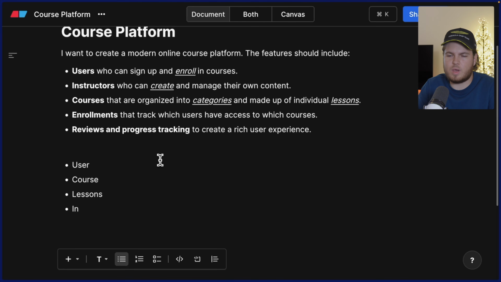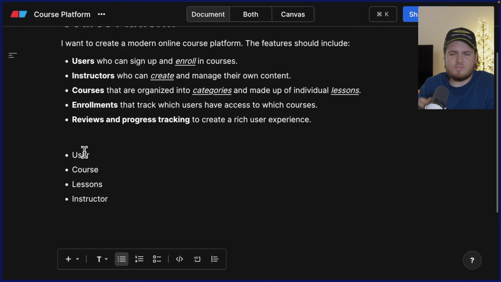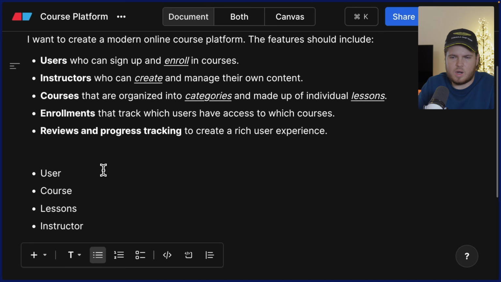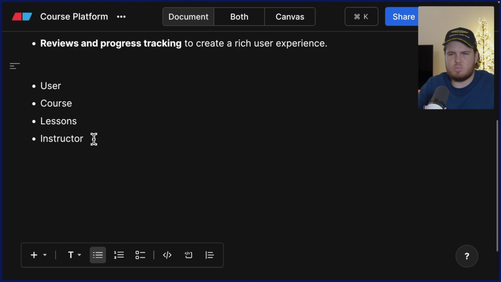Then I want to also have an instructor model. Not every user will be an instructor, and in the instructor table I want to store instructor specific details, like for example the bio. Hey, I'm Jan, I'm XYZ years old, I'm a programmer, stuff like that. Maybe also the experience and stuff like that. I don't really want to put that into my user model. For that I want to create a separate model, and that's why I right here have this instructor model, or